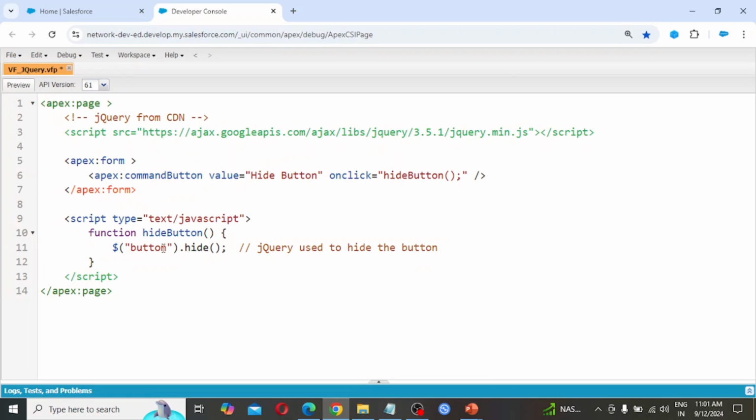So this should be in this format only. jQuery used to hide the button. So closing the curly brace, script and apex page. So save the file,